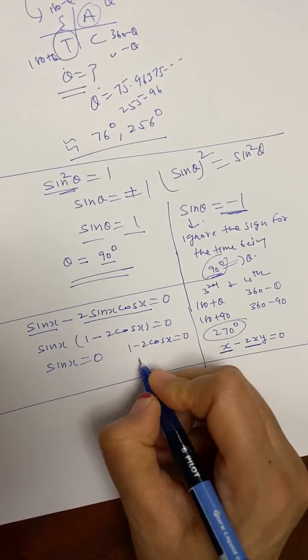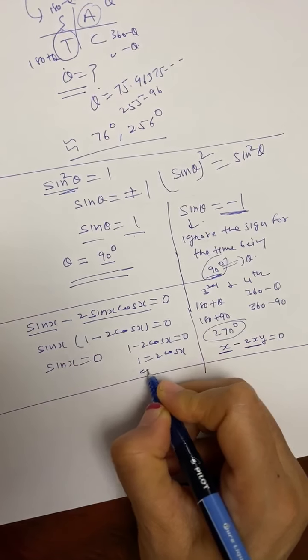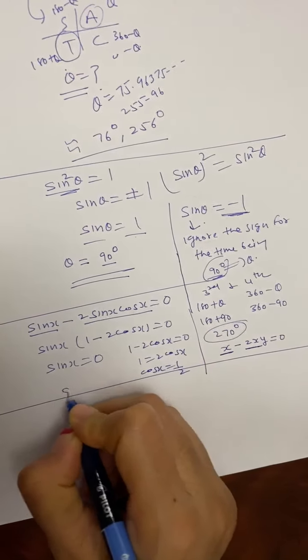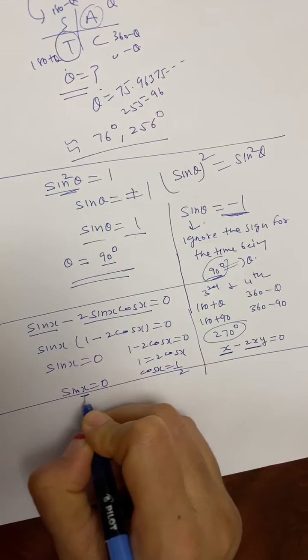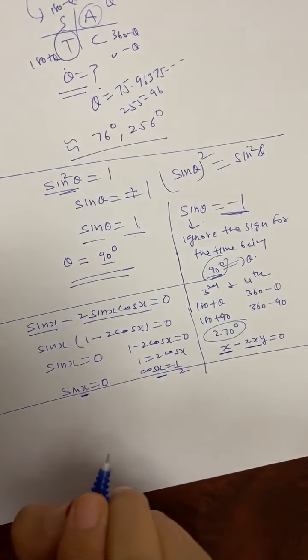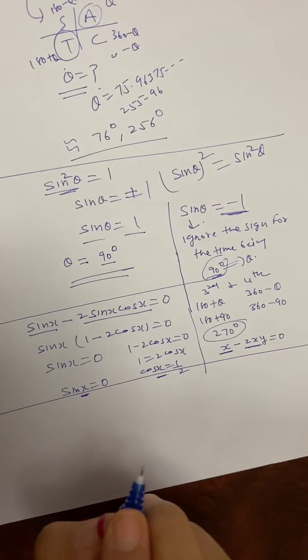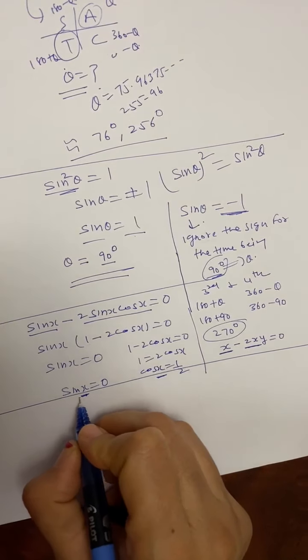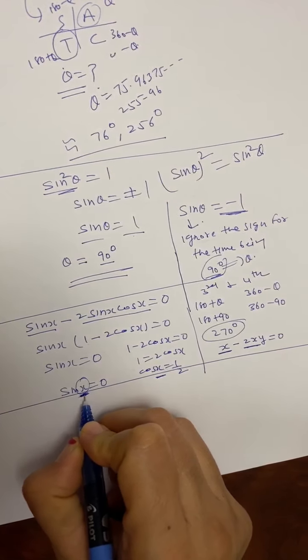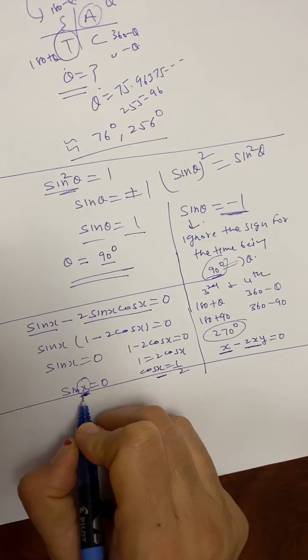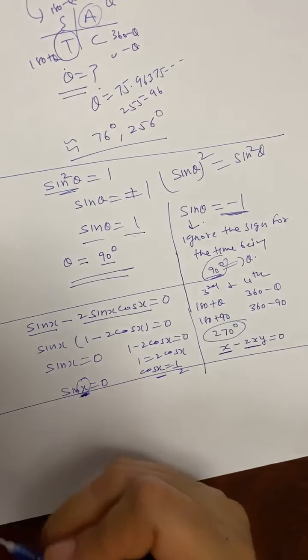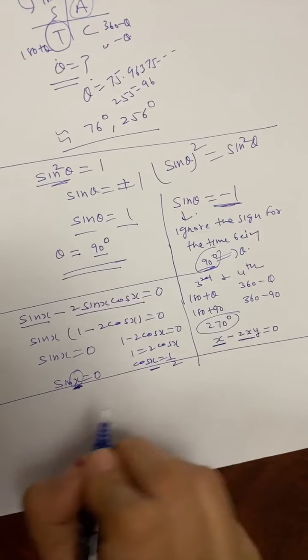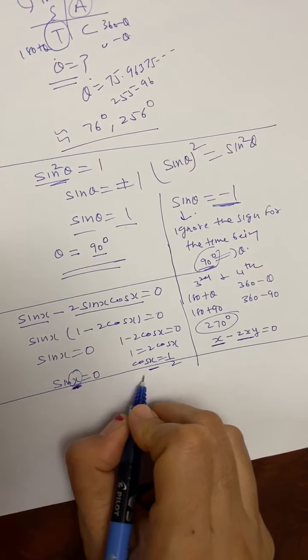And then you get here 1 is equal to 2 cos x, and cos x is equal to 1 over 2, and sine x is equal to 0. Remember, at this point, I'm not going into much more difficult questions. So I'm just keeping my x as x. I'm not going to do anything with when x is 2x or when x is x over 2. I will be doing a simple problem when you have sine x is 0, cos x is half.